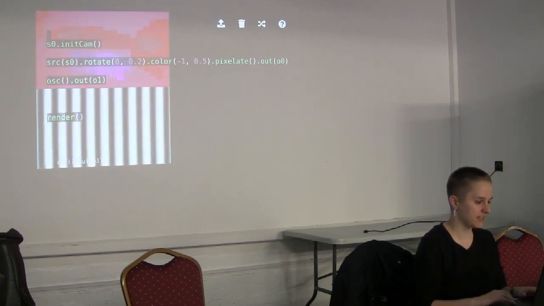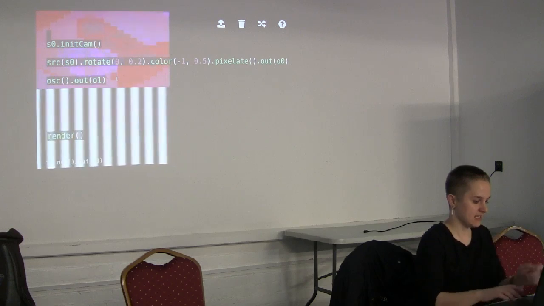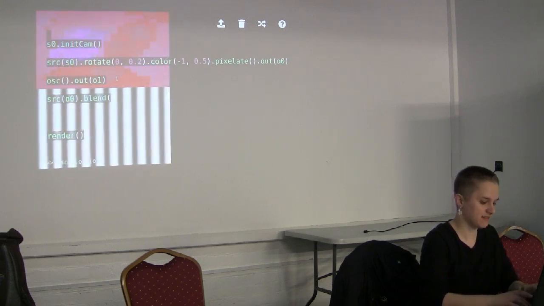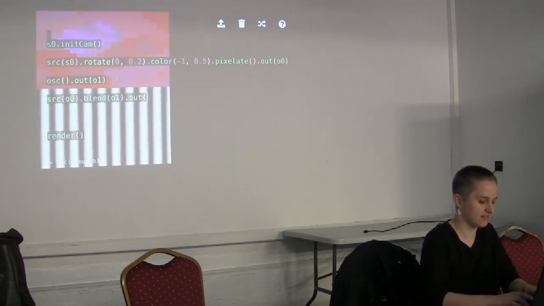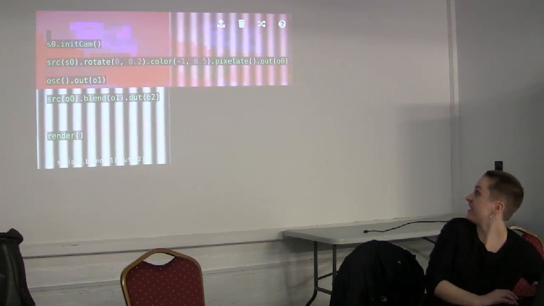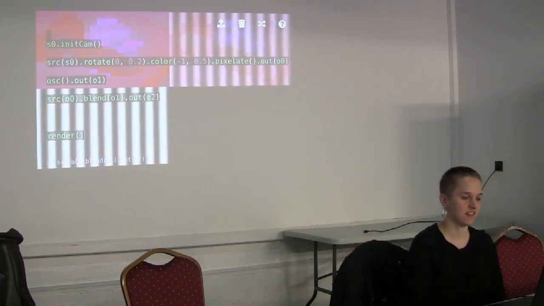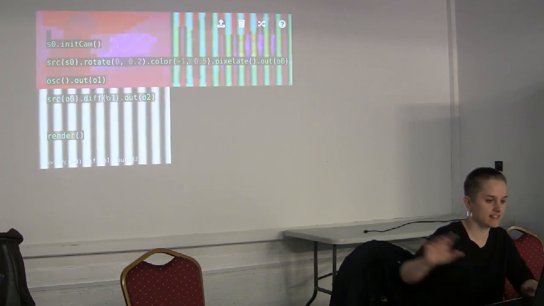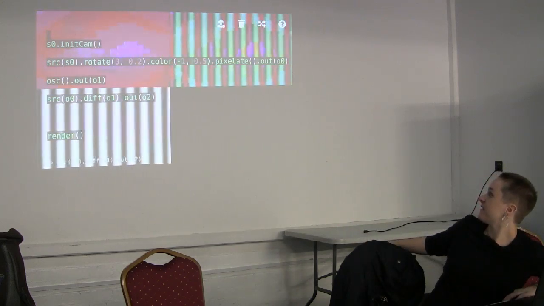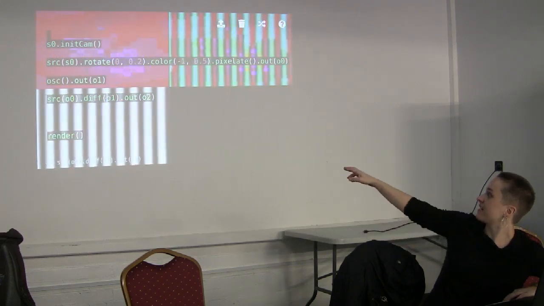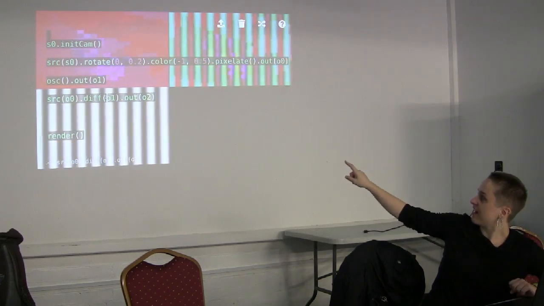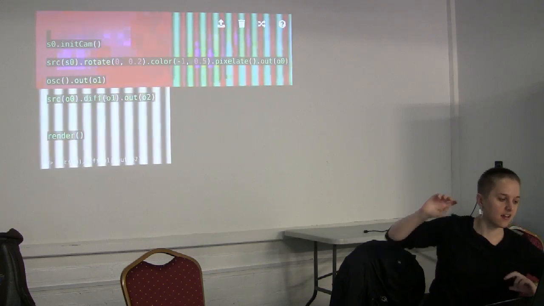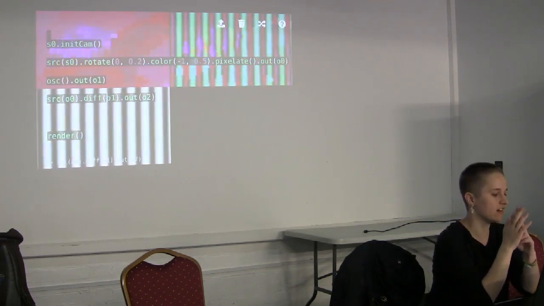So we could do something like take what's in O0 and mix it with what's in O1 and send it out to O2. And so here there's this mixing thing happening. And there are different ways of mixing these things together. These are each taking each color at each point and either combining them, like adding them together, or